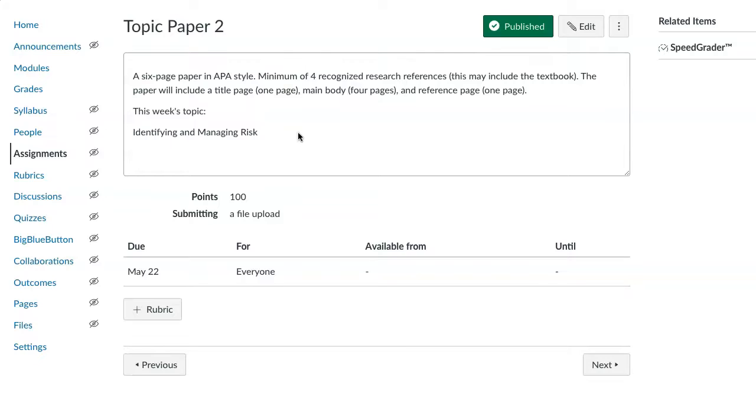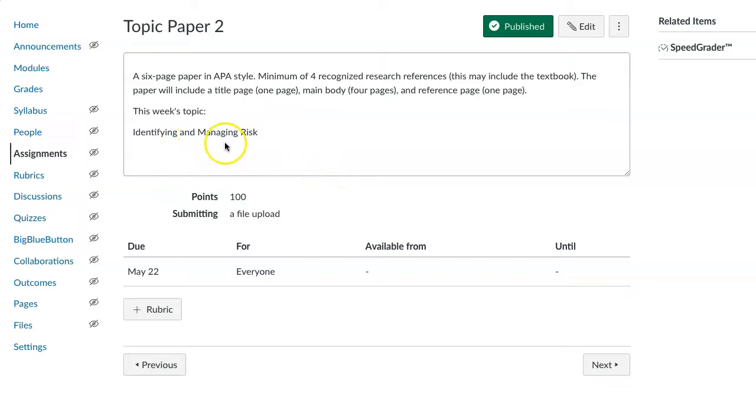The next pass that I do is the topic itself. Have they addressed the topic? Have they organized it in a way? Sometimes later on, we'll have papers where I even give you the subheadings that you could use for an APA format and then just fill it out.